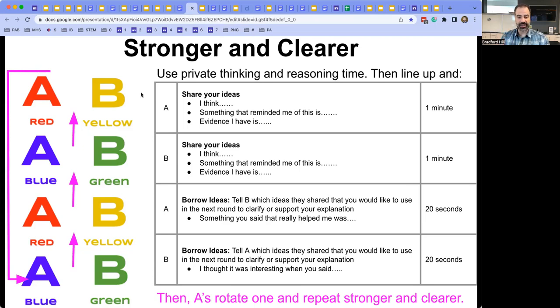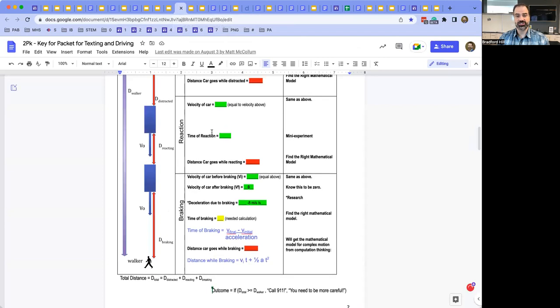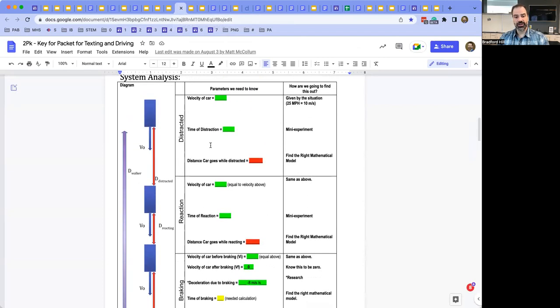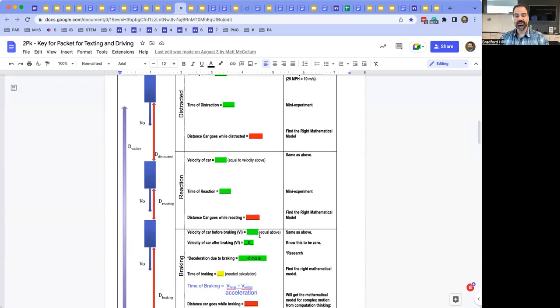But almost every student, and even in the summer workshops, teachers go into it like, oh man, and almost everyone feels good at the end of this. There is this feeling of, they got better. They really understand that system analysis, and then it can do its job. It can guide the learning. Students then say, hey, what else do we need to do? Oh, we need to figure out the